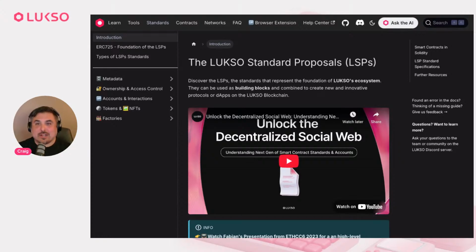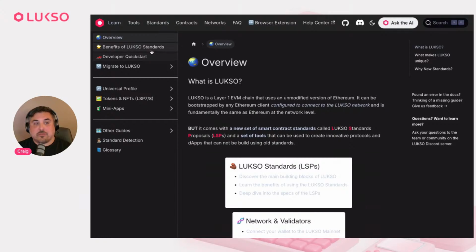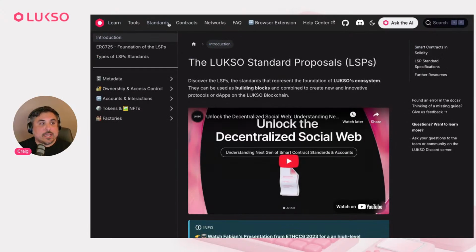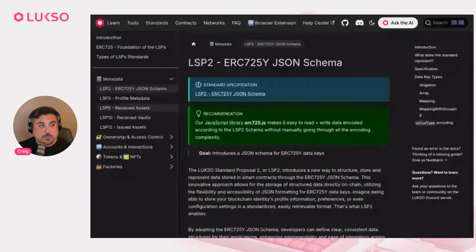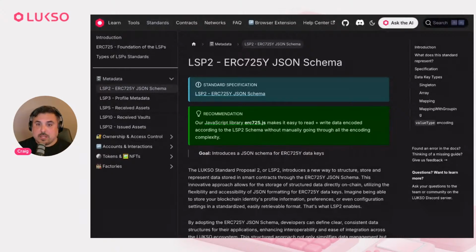Well, now we're back to docs.luxo.tech, where you can start on the learn page if you want to get a quick overview of our ecosystem. If you're like, I get it, I don't need to learn much more here, just show me the code, then you can dig into the standards or contracts. If you're so enthralled, like, wow, I love data, then check out right away the LSP2, which is literally defining how we are going to attach metadata to a profile, and then how we are going to read that metadata back.